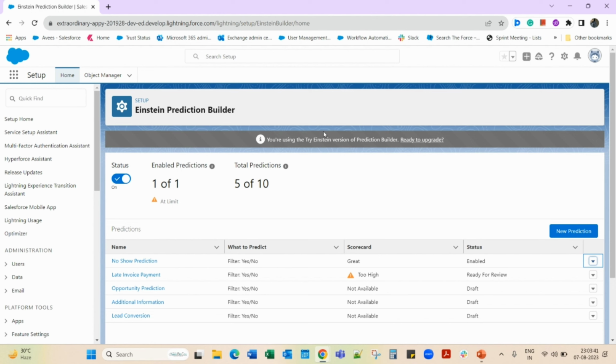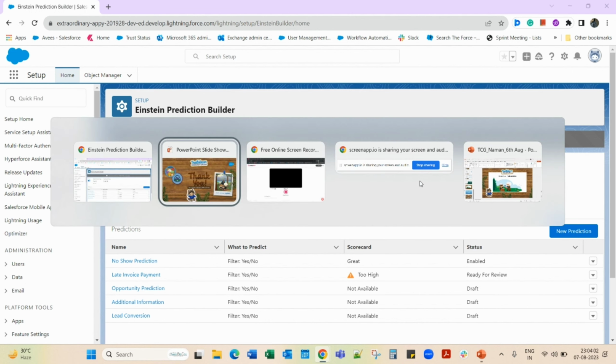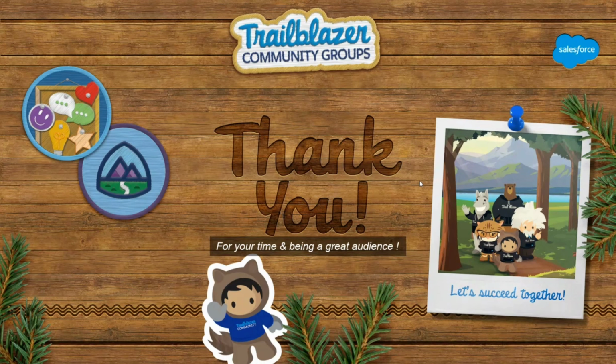If you have more than 5 million records in your Salesforce org, then this particular prediction builder will not be able to work. So this might not give you an exact answer or exact match of your outcome, because there is a limitation in this particular AI tool, right? So this is how